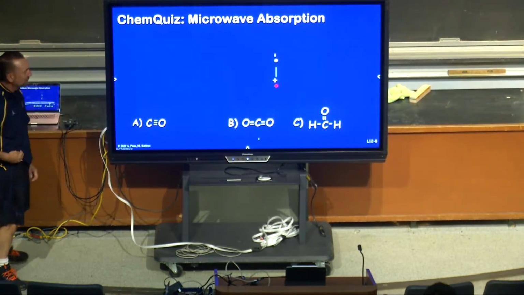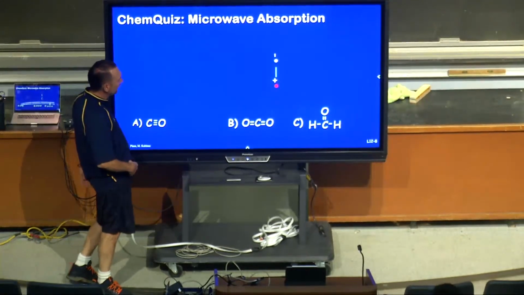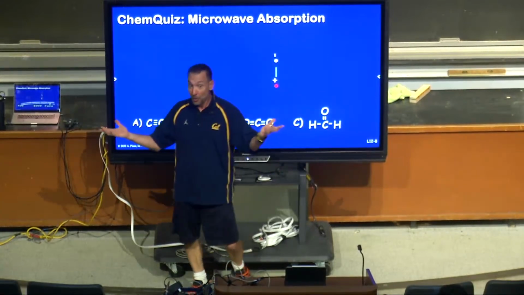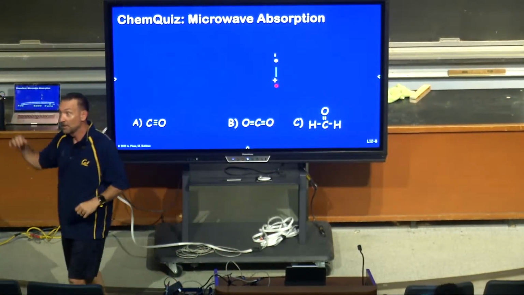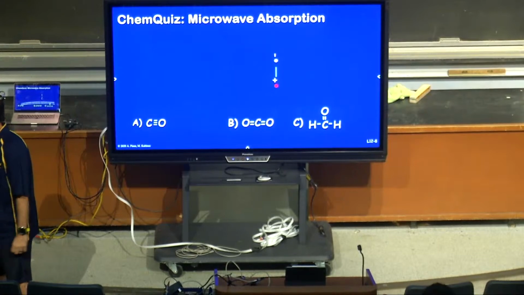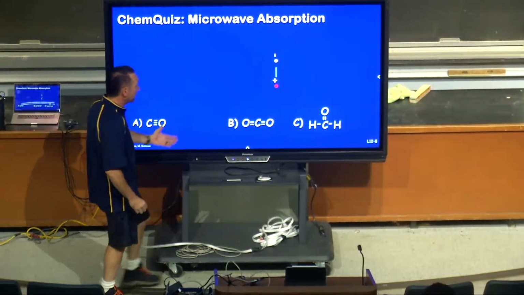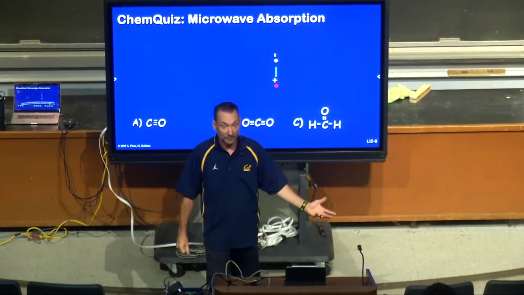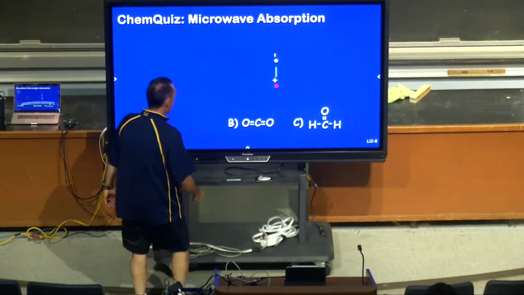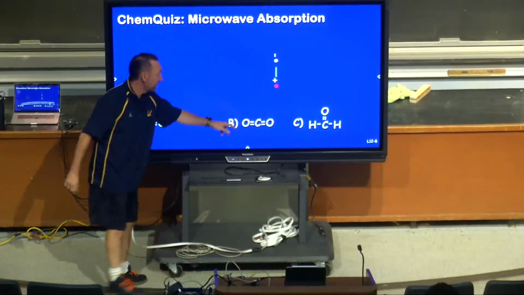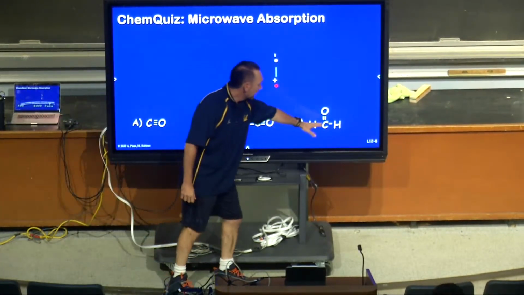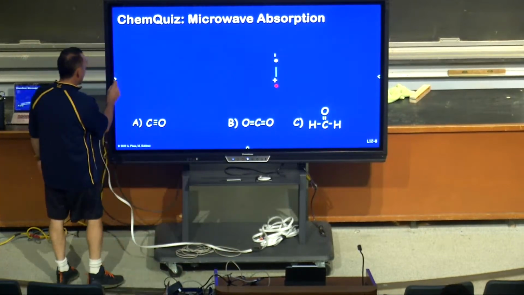Why is that? Well, maybe we have a little animation here. What we're looking for is no permanent dipole moment. We want the microwaves to pass directly through. So we're looking for symmetry, for a very symmetric looking molecule. So the most symmetric looking is this carbon dioxide molecule. These all have slightly different symmetries, and you can imagine